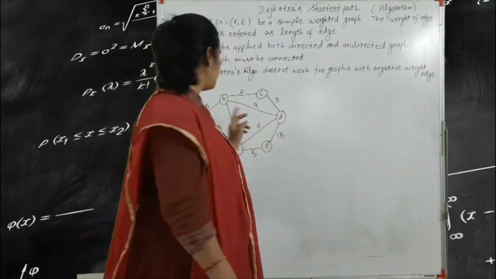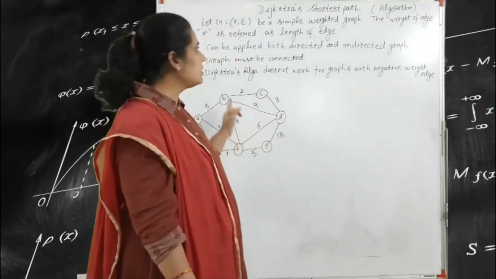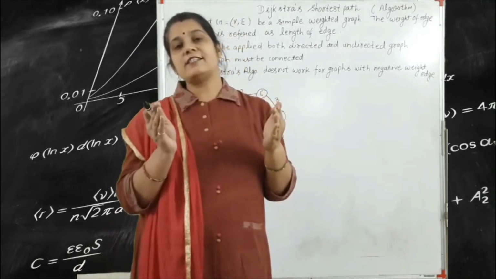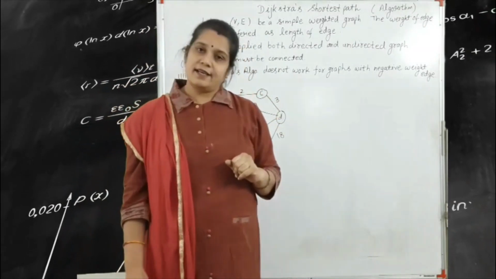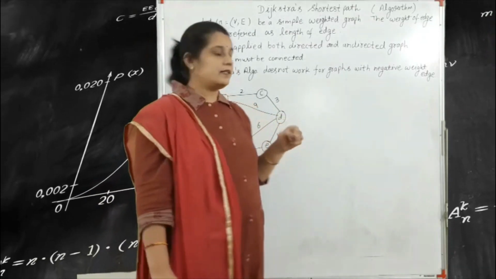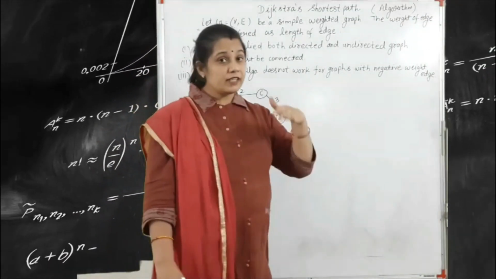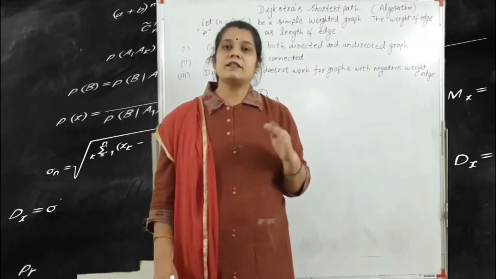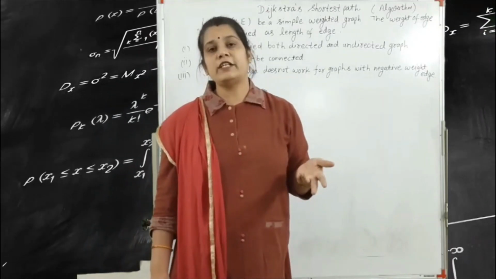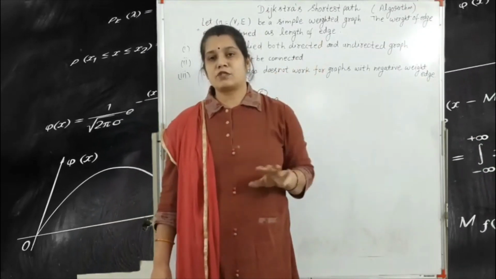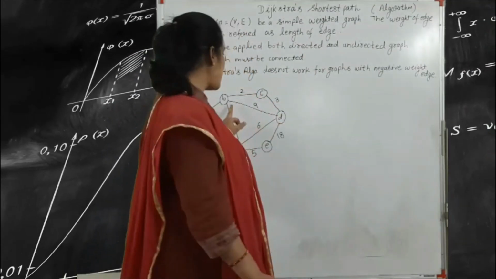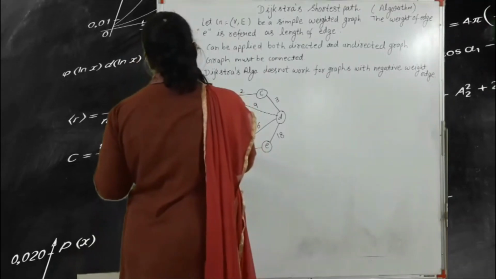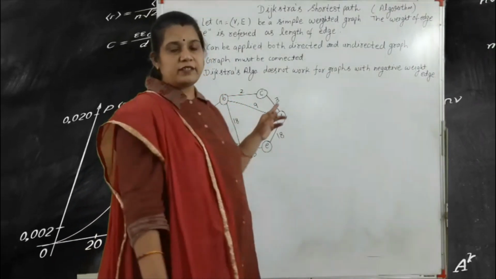So here we are given an example, and we solve it with the help of the Dijkstra shortest path algorithm. First we write the source point. If the source point is given, you must consider that vertex. But sometimes in the question paper the source point is not given, so you consider any one point as your source point. After that you start the solution. Here, for example, our source point is vertex A.